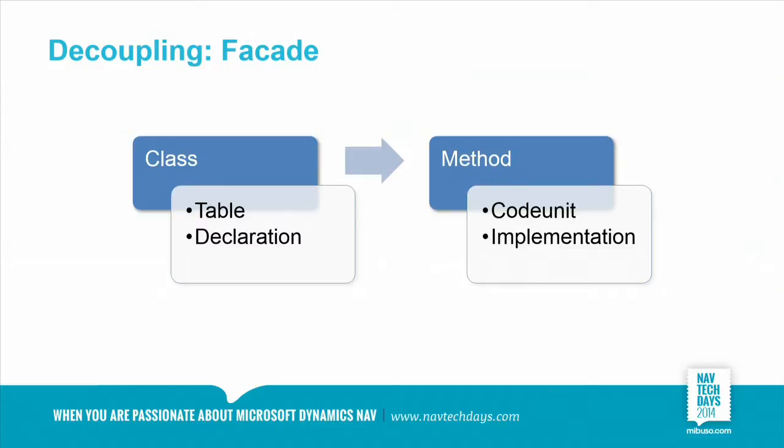Now these two NAV objects are both quite heavyweight. I mean, the table is the heaviest object in your object collection. There were